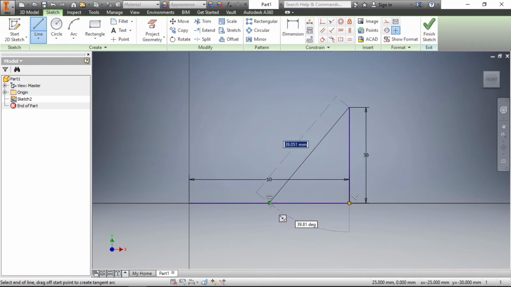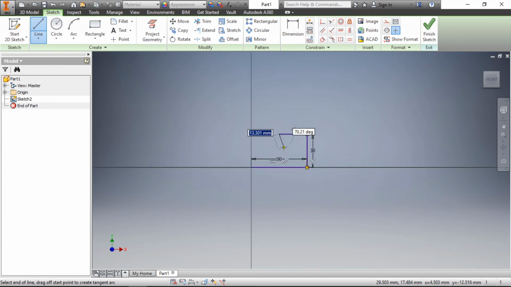Now this is the midpoint. Now move the cursor away from this midpoint. Now it will show this dashed line. This dashed line means it shows the midpoint of the first line. If I click here, then it will select the half dimension with respect to the first line, but it will not show the constraint. It will just give you the highlight. Alright. So if I click here, the dimension will become 25 because the first line is 50 mm, and it becomes parallel with respect to the first line.